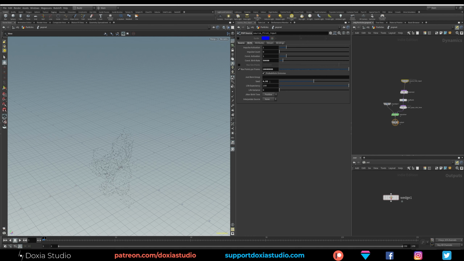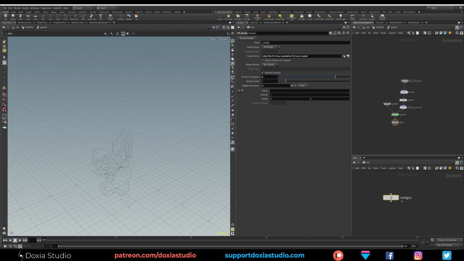So let's right click on the seed, copy parameter, go to our wedge and paste relative reference. This is a nice, fast way instead of writing this down. This channel is already a channel input looking for a string, so you need to clean this up. Right click, copy parameter and paste relative is a fast way instead of writing this down.